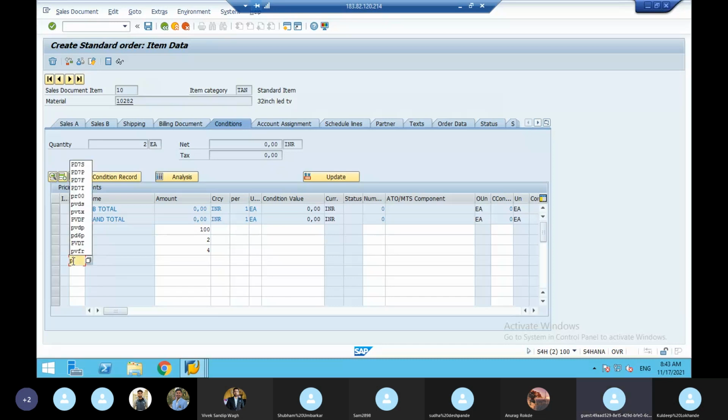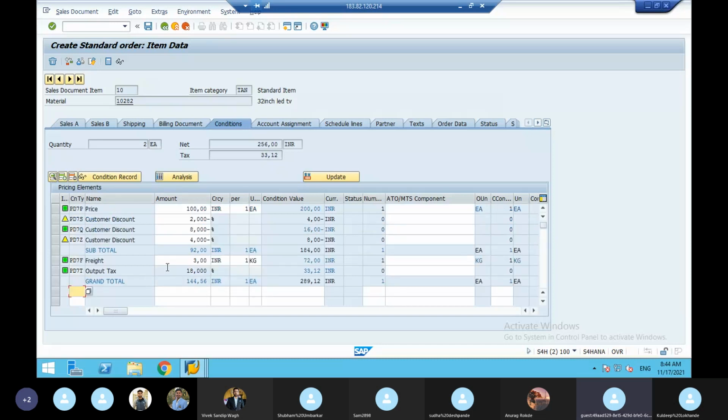Next, PD7Q. Take 8%. System has to take 8, and 2 and 4 it has to exclude. Then next, PDF, 3 rupees per kg freight. Then PDT, imagine 18%.